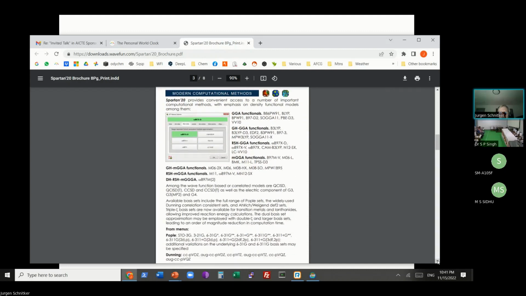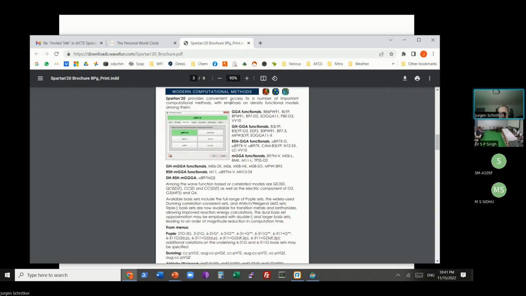Here, a gazillion different functionals, even though I stick by my earlier point that we encourage people to use a small subset of these, where we have a lot of experience. But people say they want this one, so it's available.